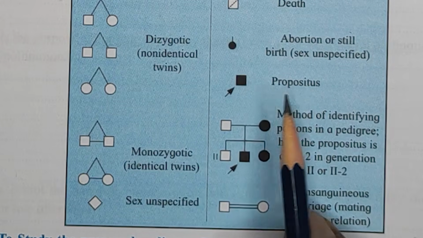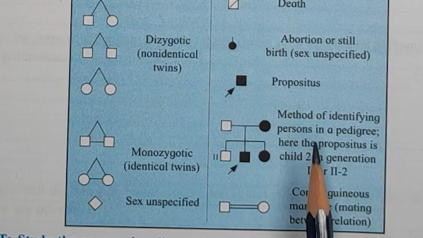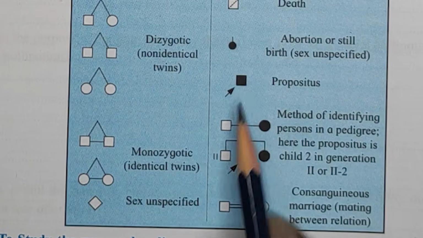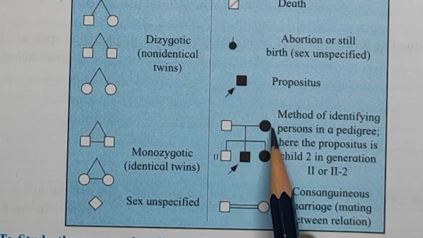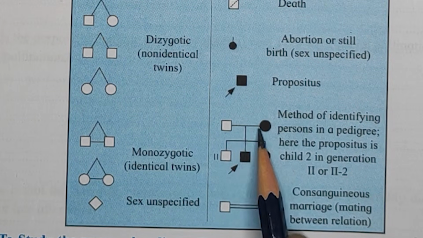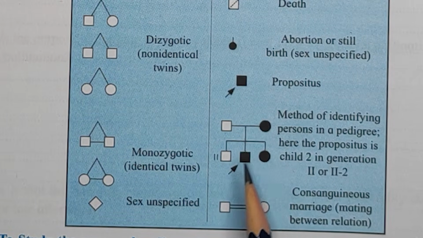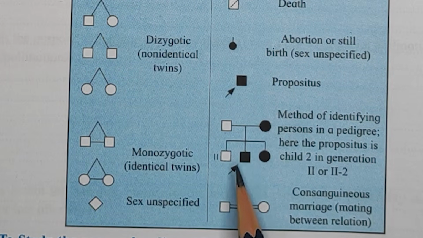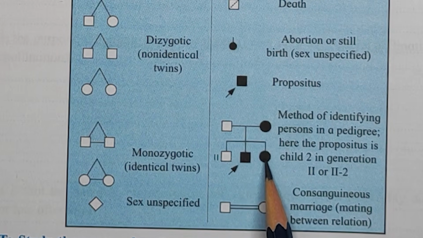What is meant by propositus? Propositus means the genetic disorder, mental or physical, that we observe in this particular offspring. Here the male and the female are there. The female is affected and the male is normal. When there is mating between them, it produces three types of progenies, of which one is a normal son, one is an affected son, which shows the propositus type, and this daughter is also an affected one.